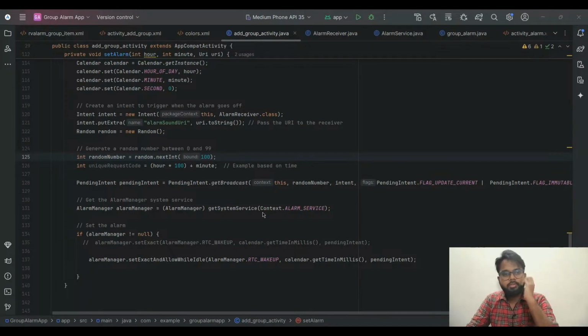Anyway, so this is some app. As you know, I'm working on this alarm app, which I will be publishing, I think, in this